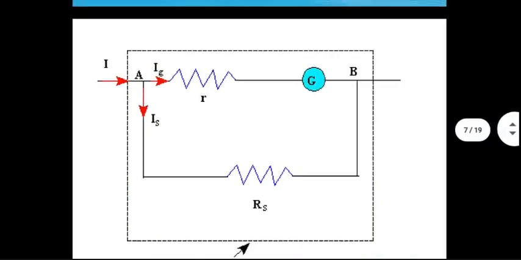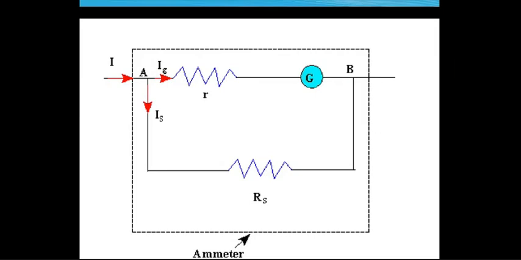This is the circuit diagram for a typical ammeter based on galvanometer that I have shown. You take the galvanometer which has some internal resistance, let's say small r. It's not a physical resistor, it's internal resistance, but it is still shown here. So between capital A and capital B, you have the galvanometer. Across that, you connect a shunt resistance, whose value you can calculate based on how much current you would like to measure.